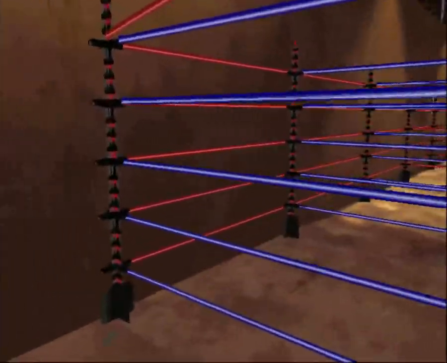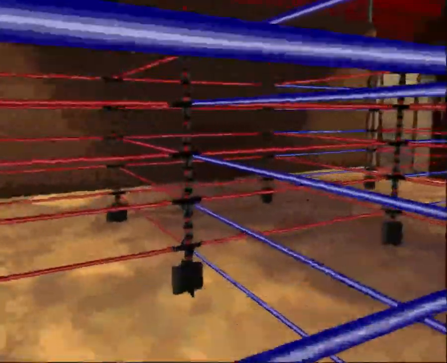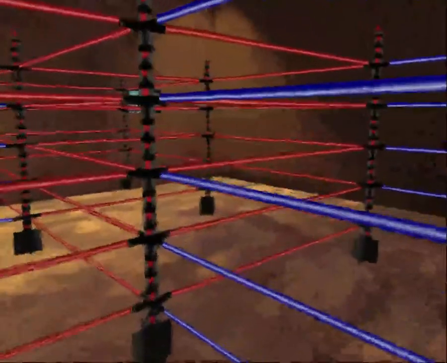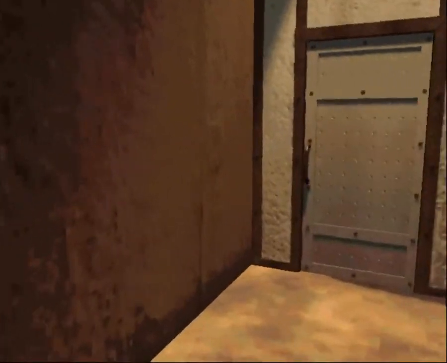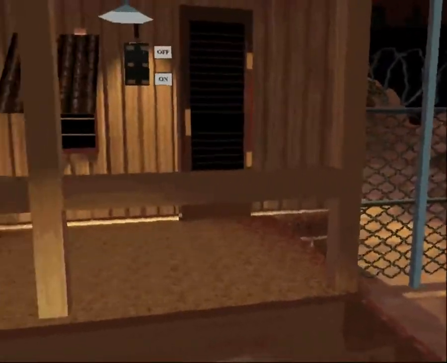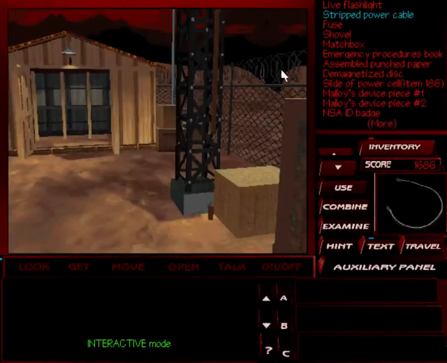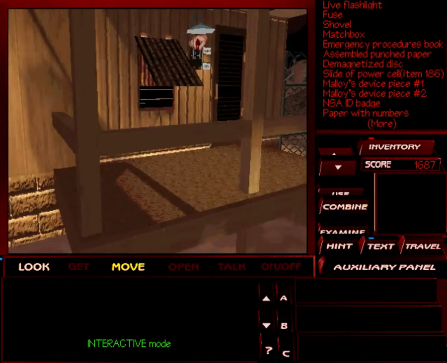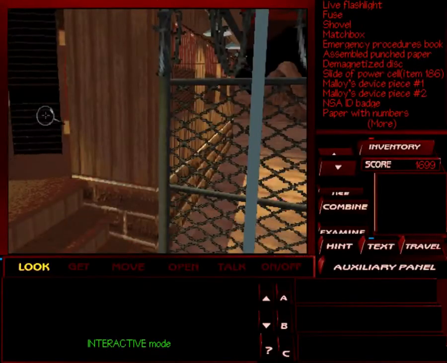Well, as you might have guessed, we need to get into the bunker. And to do that, we need to fix the Klaxon. Luckily, now we have that wire fixed. So now we can pull the switch. And we get a nice little siren noise, but also